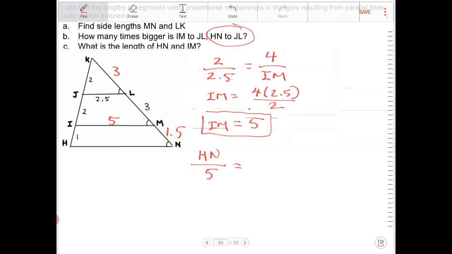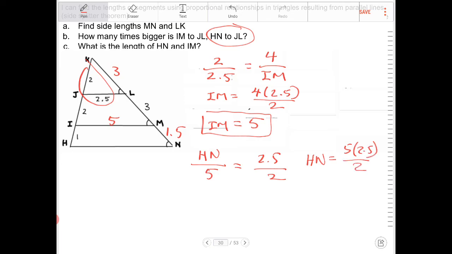It's going to equal, again, because they're all proportional, I'm going to compare this to 2.5 over 2. So how many times is HN going to be bigger than JL? It's going to be 5 times bigger, right? Because 5 times 2.5